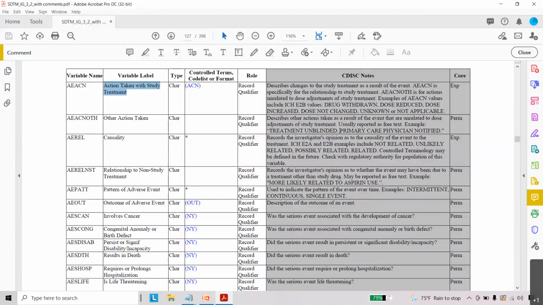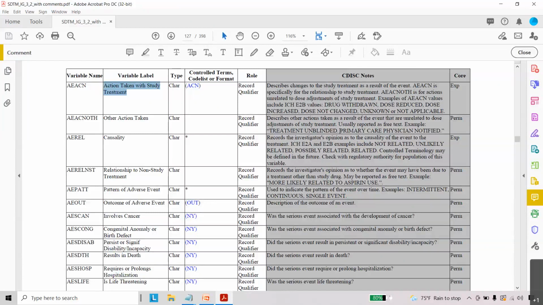Based on that, action can be taken for the subject to save the subject from the adverse event, or primary care physicians notified, meaning they inform some other physicians to check the severity of the adverse event in the subject. We can see this in the listings.